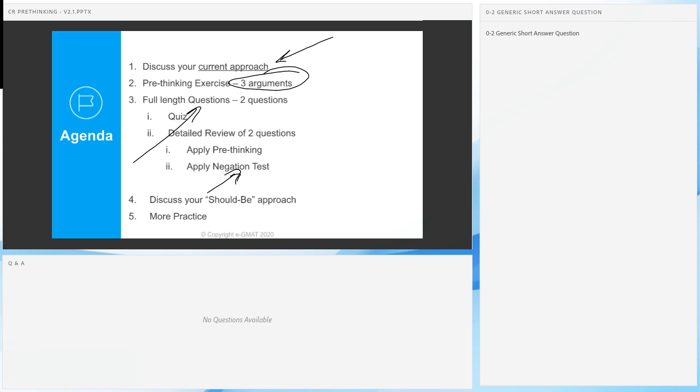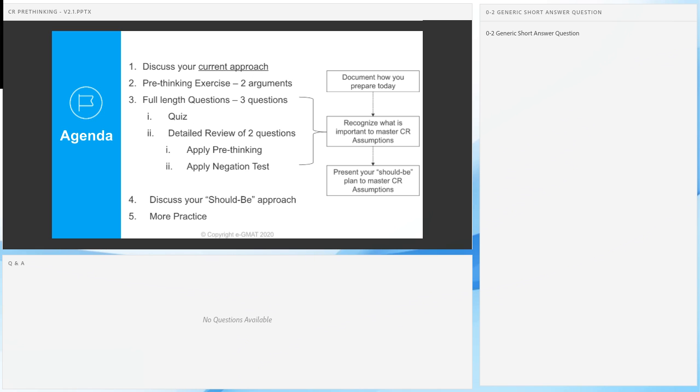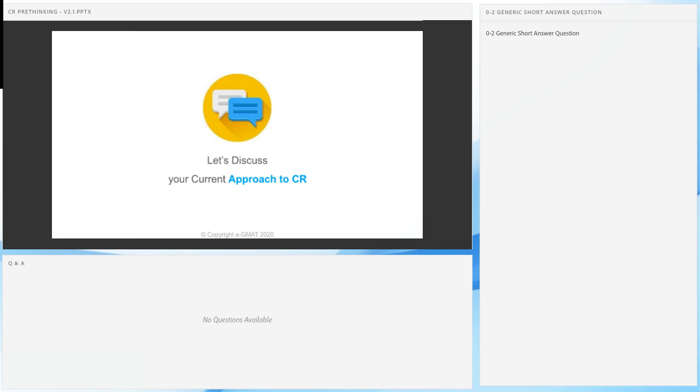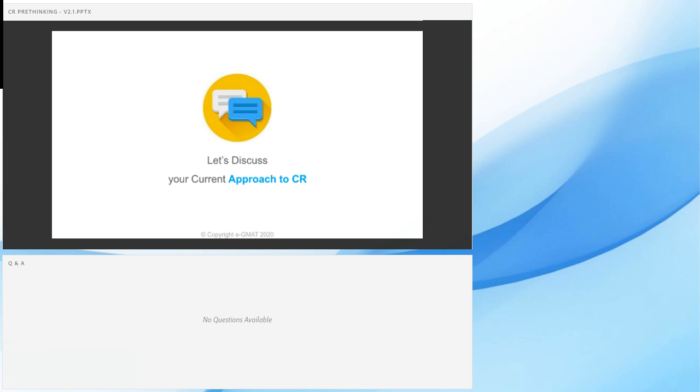And then from this point on, we'll talk about what you should do next and where you can get more practice. Okay, at a very high level, what you see on the right-hand side is what we will do. Okay, let's talk about your current approach to critical reasoning questions. There are usually two methodologies that people use to solve